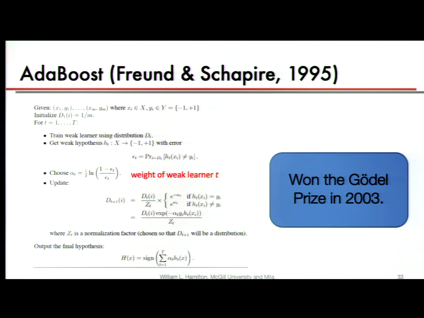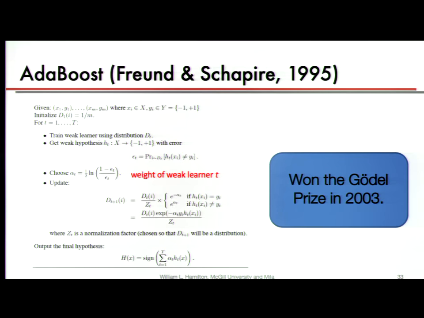And you can actually show that using this approach, the error that we have by combining all of these is, in some sense, exponentially smaller. We get an exponential reduction in error relative to each of these weak classifiers. And this work actually won the Gödel Prize in 2003. So it's a famous work in machine learning because it's one of those cases where a machine learning algorithm was actually winning the prize, which is one of the computer science equivalents of, you could say, a Nobel Prize. There's the Gödel as well as the Turing Award.